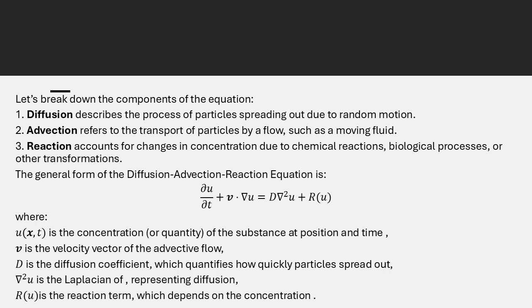And just like cake recipes, these reactions can be simple or incredibly complex. This is where the equation really shines, because it can capture both the movement of particles, A and D, and how those particles are changing and interacting within a system. Now I'm starting to see how this equation could be a powerful tool. It's not just about movement, it's about understanding how things change over time. Right. And by adjusting the parameters of this equation, we can model a vast range of phenomena across different fields. Okay, now I'm really hooked. Let's dive into some specific examples to see how this equation plays out in the real world.